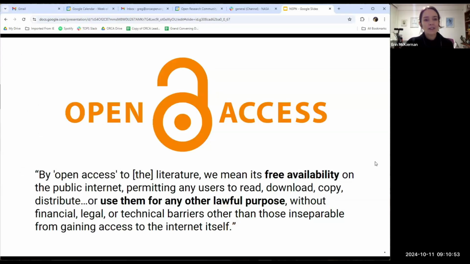And I think there I'm going to hand it to Greg to talk a little bit about different components of open science, and one of those is open access to the literature. Yeah, thanks, Erin. And that's right. So open science, open scholarship, open research, using those terms relatively interchangeably, that's an umbrella that houses a specific set of activities. And one of them is open access. So open access to the literature, scholarly articles, journal articles, book chapters, conference proceedings.